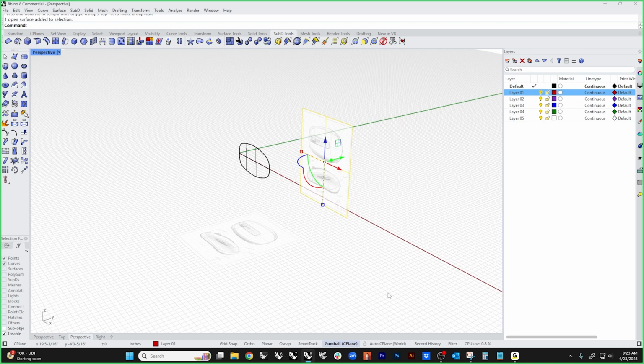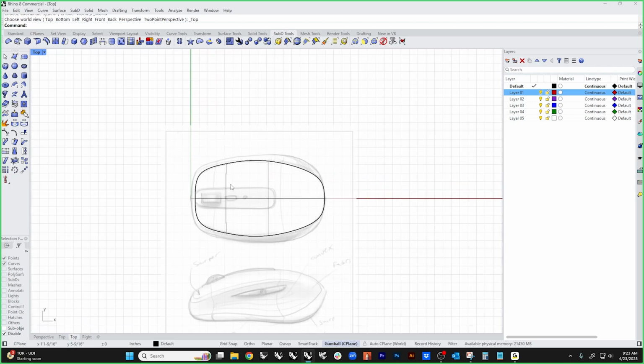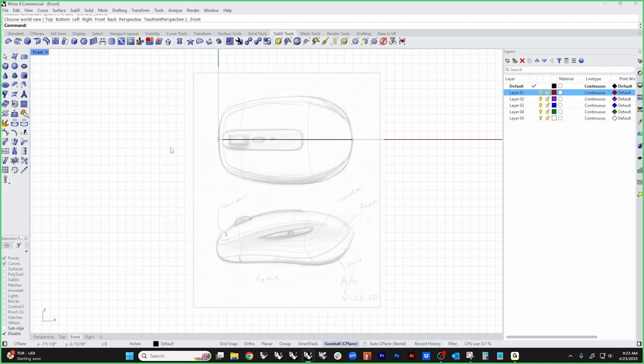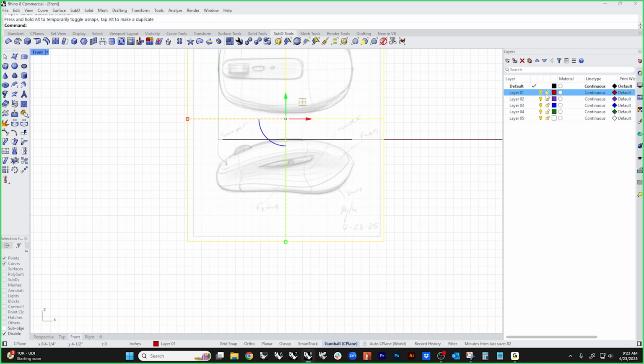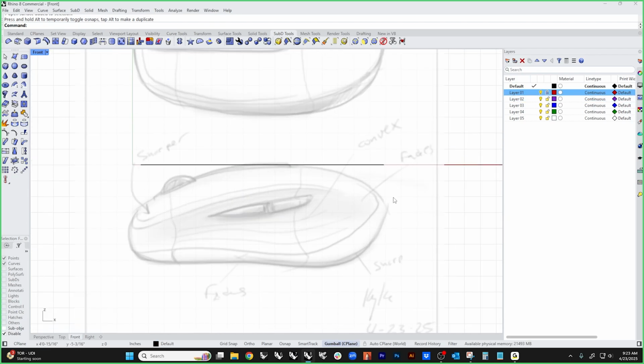And then let's take this guy. Let's rotate this 90. That should line up vaguely with that. And then now we've got this front view sketch. I'm going to slide this up a little bit and say that we can work on that. So let's lock these again. So now what I can do is I need to be able to